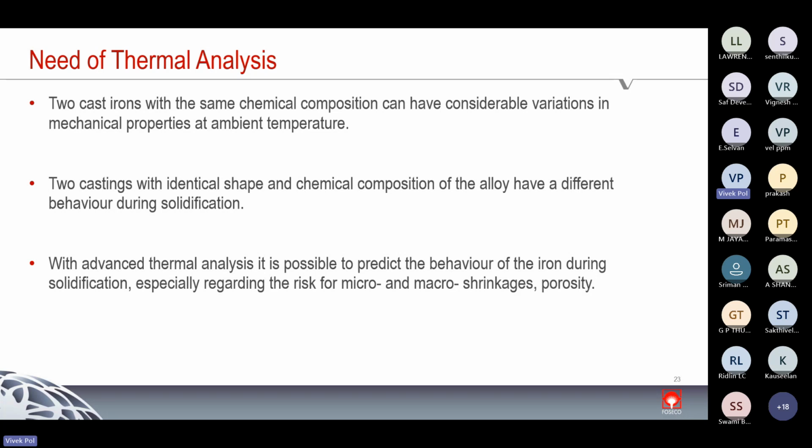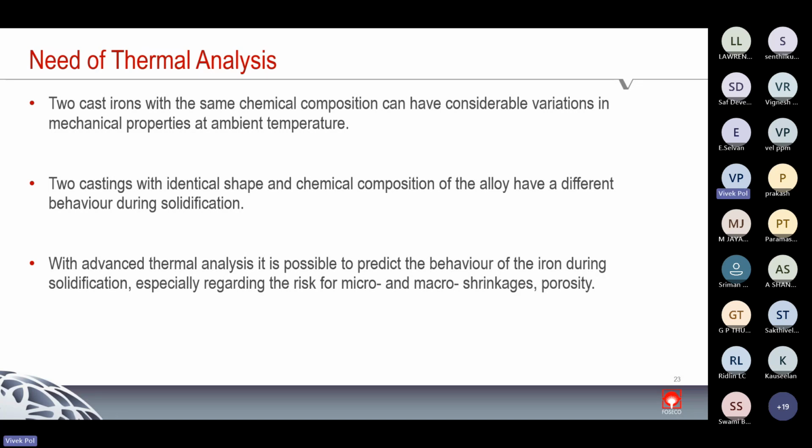And therefore, we need a thermal analysis tool to analyze what is happening to my melt when I superheat the metal, or when I change the charging sequence or charge mix, like instead of returns, if I use more boring scrap, then what will happen to the metal quality? All these variations would lead to changes in metal quality, and thermal analysis will help us to understand that quality.